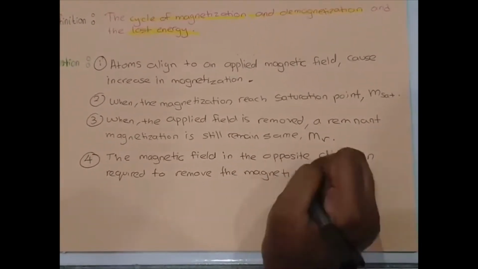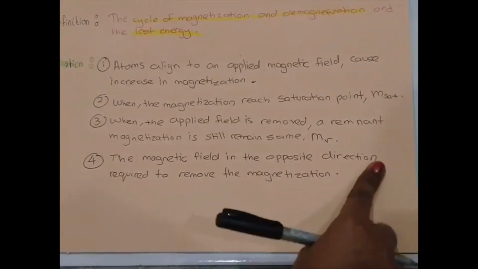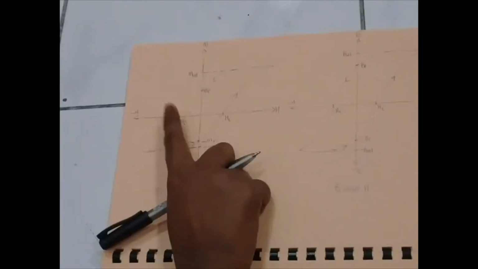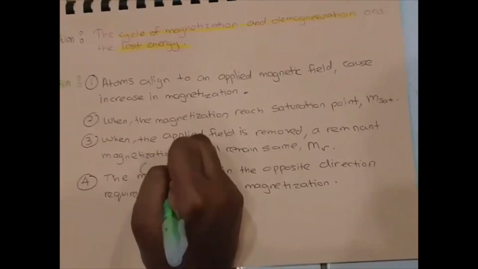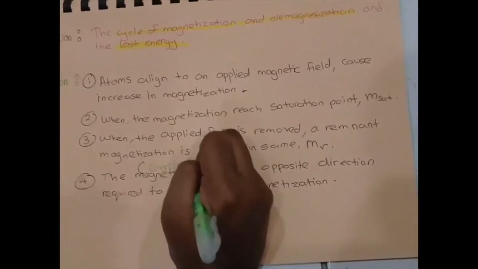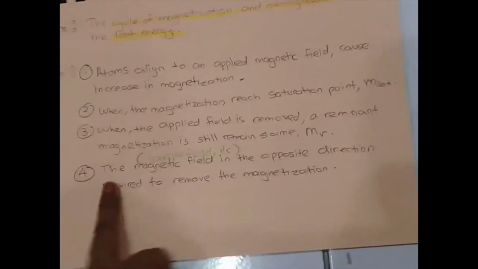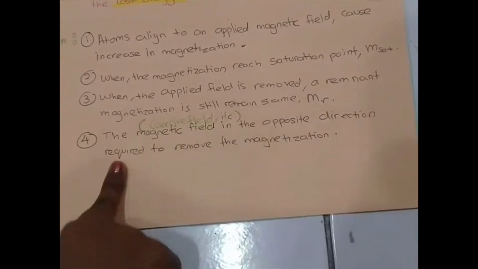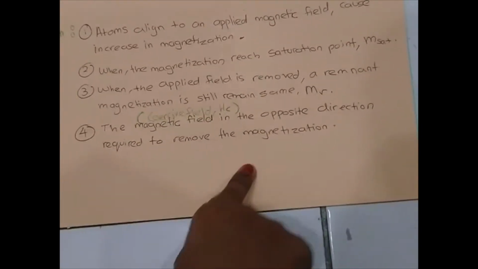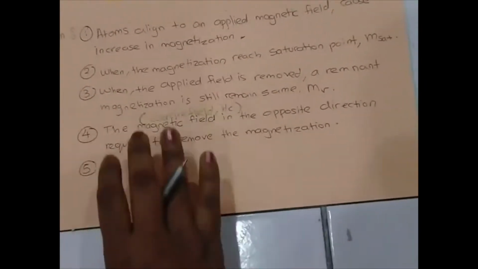So from here you know that the magnetic field in the opposite direction is HC, which means coercive field. We will call it HC. This is the point. The coercive field in the opposite direction is required to remove the magnetization, but from here we could not completely